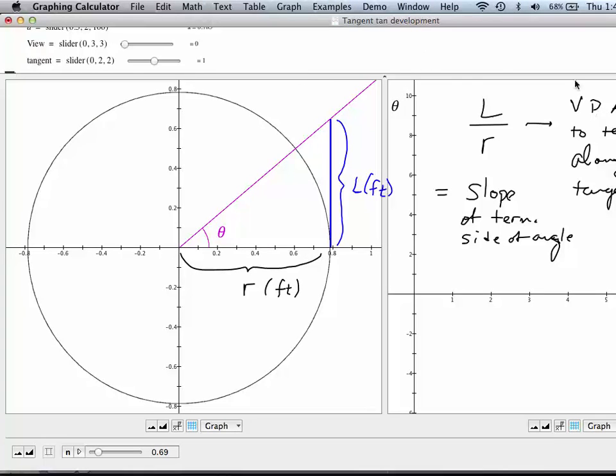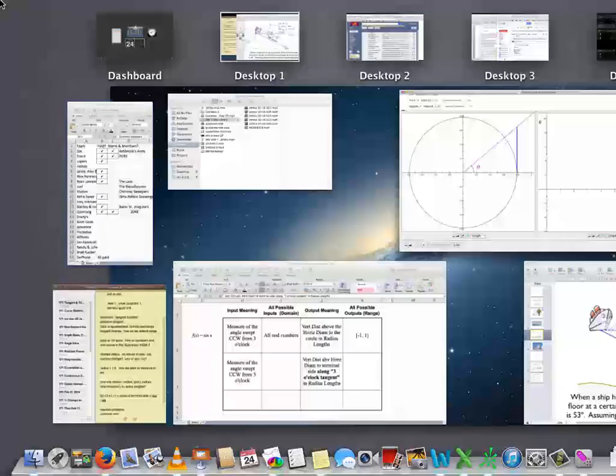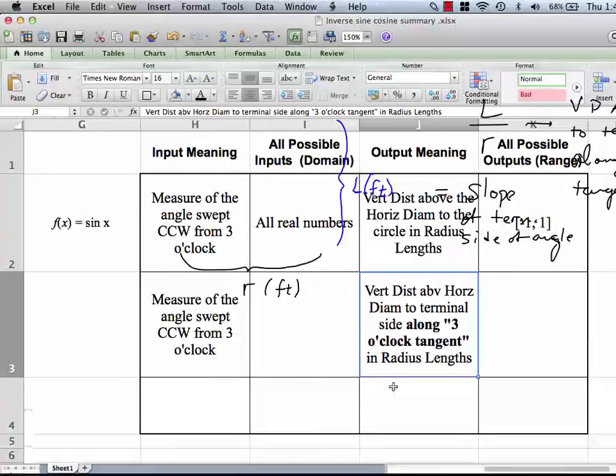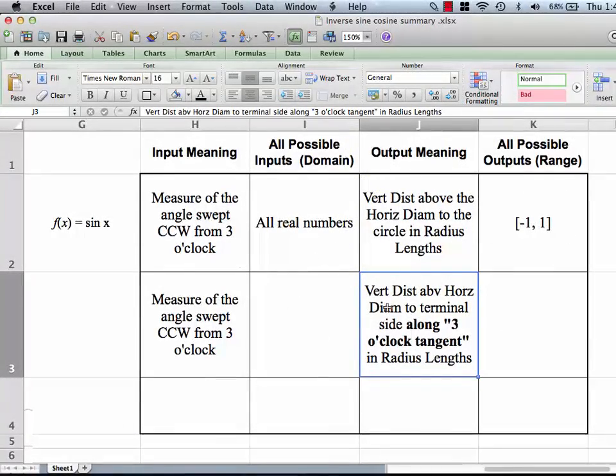Okay, so the output of tangent is the vertical distance above the horizontal diameter in radius lengths, which is also